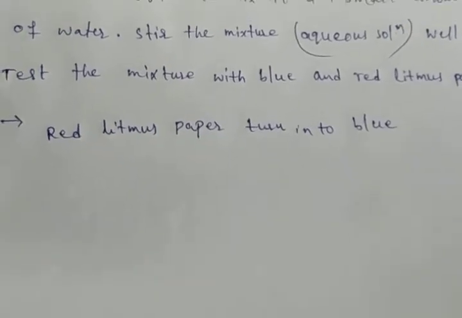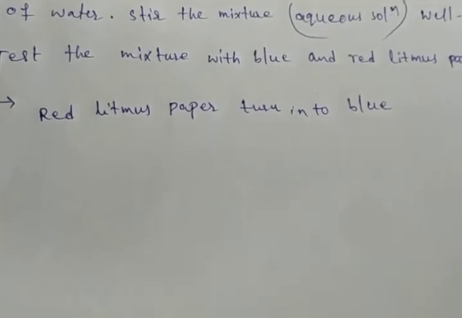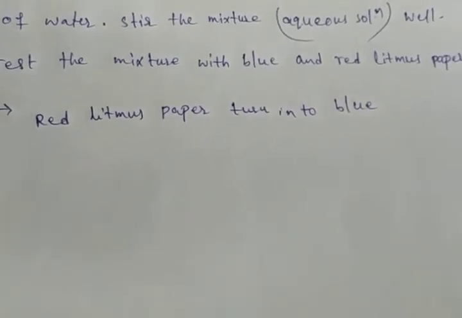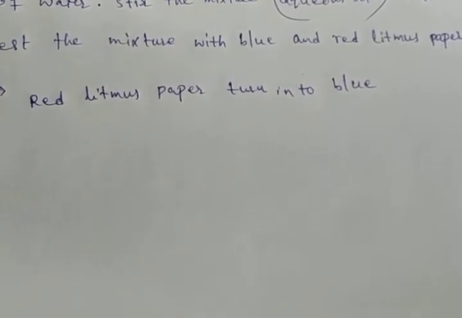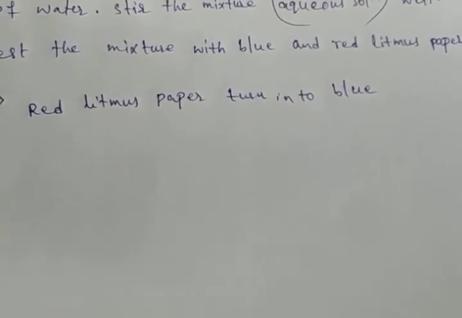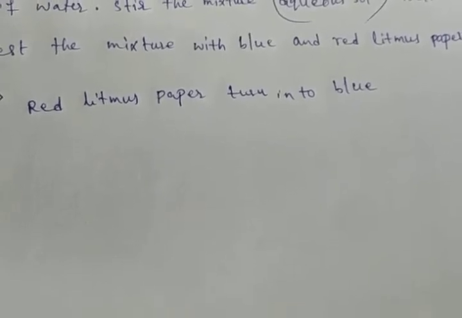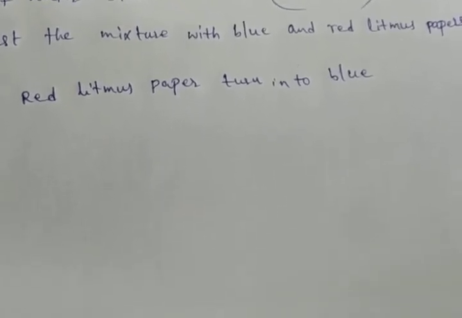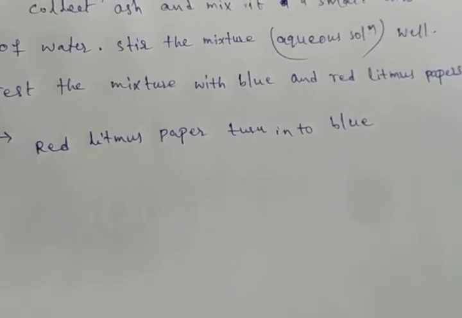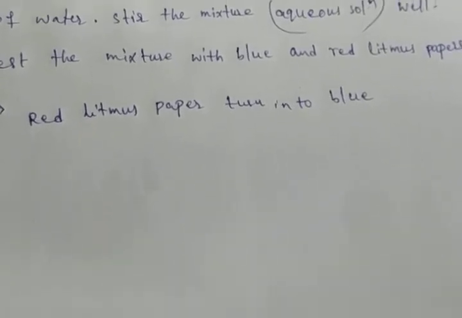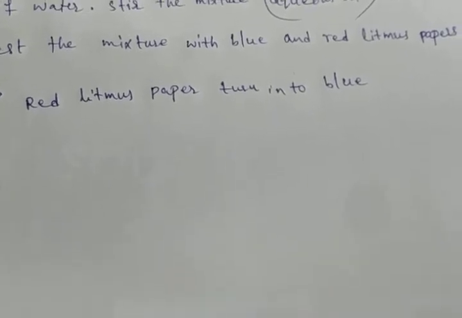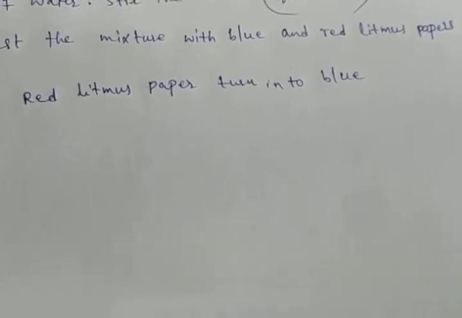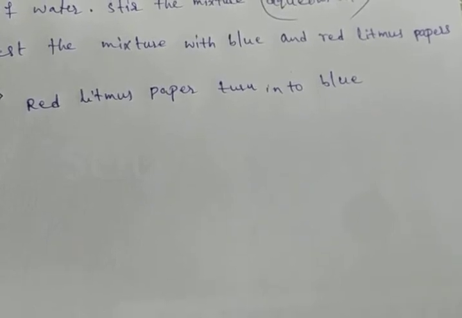Already in acids and bases we discussed the litmus test. Red to blue, that is, the litmus paper changes its color. Red to blue means that it is a base. So by this test we understand magnesium oxide is formed. Already we discussed that when we burn magnesium in the presence of oxygen, it forms magnesium oxide, MgO. Mg reacts with oxygen O2 to form magnesium oxide, MgO.